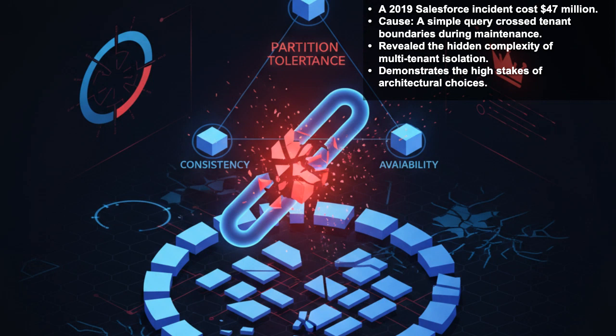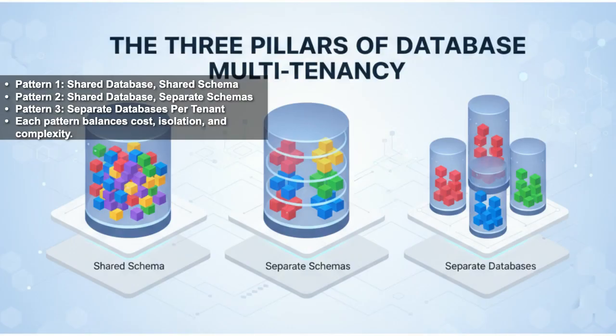Let's get started. In 2019, Salesforce experienced a data leak that cost them $47 million. It wasn't a sophisticated hack. It was a simple query that accidentally crossed tenant boundaries during a routine maintenance operation. This incident was a wake-up call for the entire industry. It revealed that even a minor flaw in tenant isolation can lead to catastrophic consequences. This isn't just a security failure. It's a fundamental architectural challenge. Today, we'll dissect the patterns that prevent these disasters, ensuring the cost efficiency of SaaS doesn't come at the price